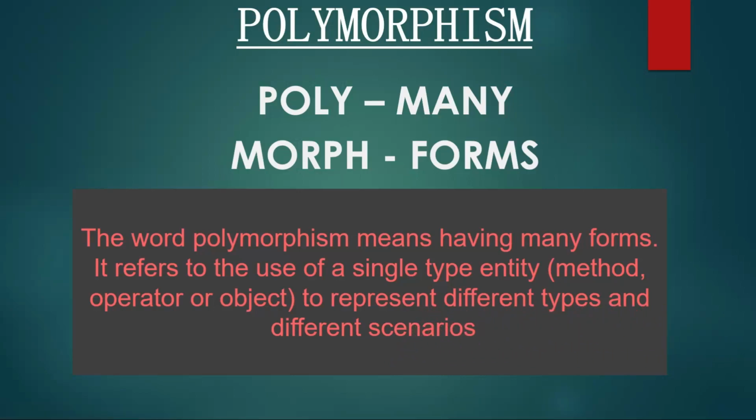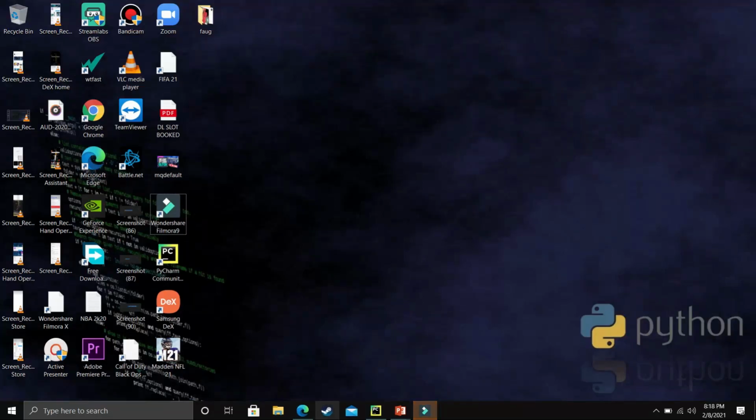So the word polymorphism. Poly means many and morph means forms. So the word polymorphism means having many forms. It refers to the use of a single type entity, and by entity here we mean a method, an operator or an object. So it refers to the use of a single type entity to represent different types and different scenarios. I know it might sound a bit confusing till now, but now let's take an example to understand what